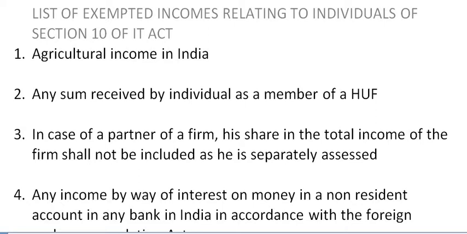Second kind of income is foreign income. In foreign income, there is one income which is a business income earned in a foreign country, but the business is being controlled and managed from India. In that case, the amount is taxable or taken in two columns, that is to ordinarily resident and not ordinarily resident. Whereas in case of non-resident, that income is not considered while computing gross total income.